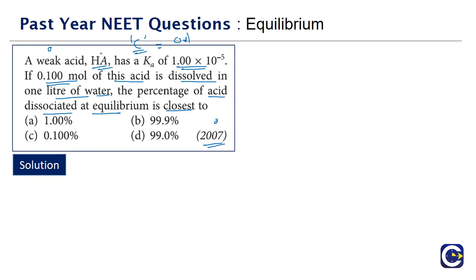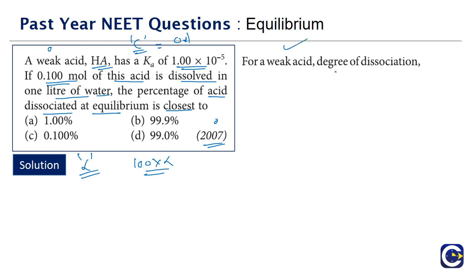So this is like what? A weak acid dissociation. So the dissociation is represented by the degree of dissociation alpha. Percentage means what? 100 into alpha will give us the percentage dissociation. Already we have a ready-made formula for the weak acid degree of dissociation. So for an acid like HA, if it is dissociating, hope you guys remember the formula. So it will be what? A minus and H plus.